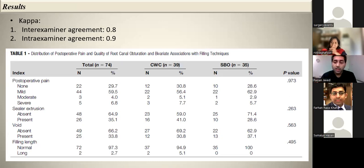A question, sir. I'm Dr. Fazan, I'm an instructor here. Dr. Farhan, I wanted to ask, when going from univariate, or in this particular case bivariate analysis, to multivariable analysis, we usually set a cutoff point of 20% or 0.20 as a significant p-value. In this particular case, they did not specify anything of the sort, and I think they resorted to only 5% as their cutoff value, which is why your variable of interest, pre-operative sensitivity, was also not included